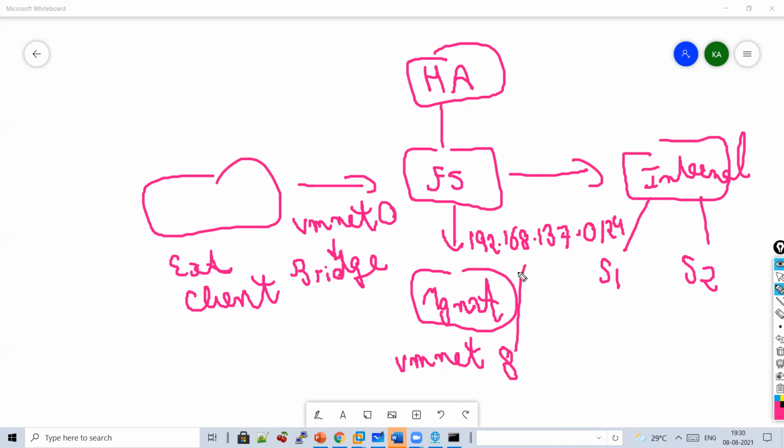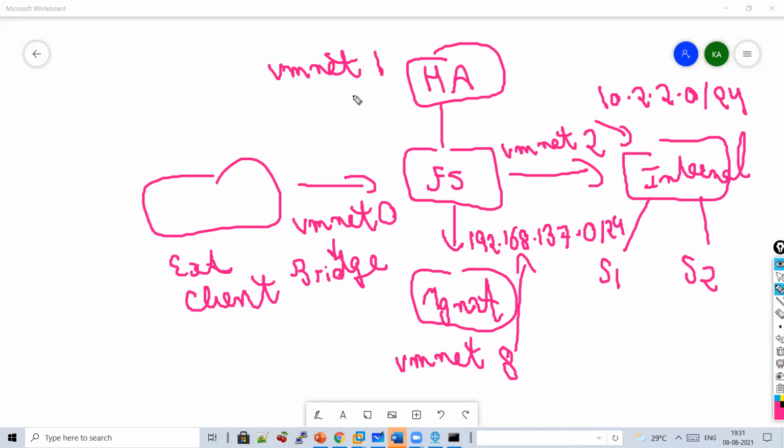So this is VMnet 8, and the internal network subnet which I'm giving is 10.2.2.0/24. My internal network is tagged to VMnet 2, and my HA network is tagged to VMnet 1. The IP address which I'm giving to VMware is 10.1.1.0/24.